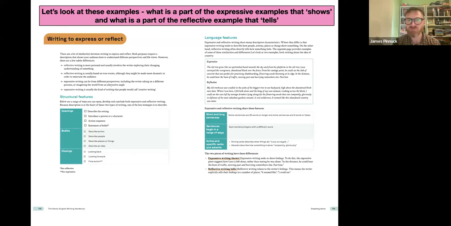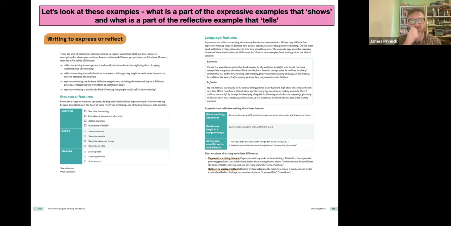So just have a look through the expressive example, and what is an example of one or two words or phrases or sections that really show by describing what something feels like, sounds like. And then have a look through the reflective writing, and what's an example of words which really tell what something feels like. So kids have a go at that,